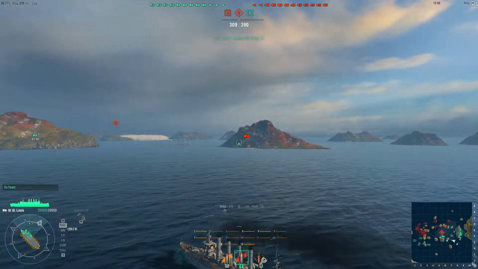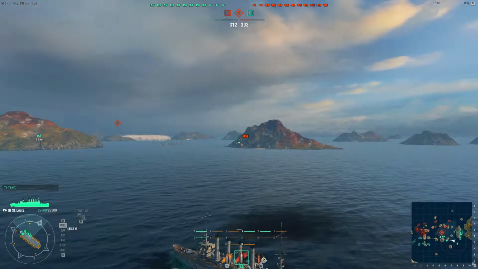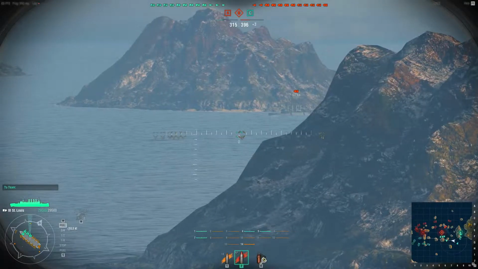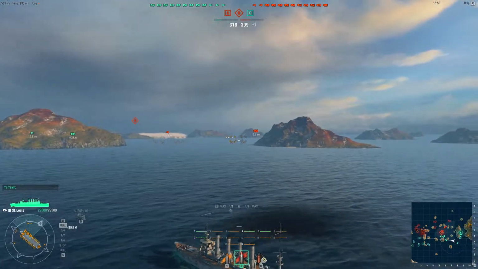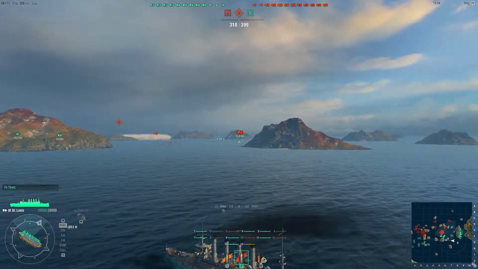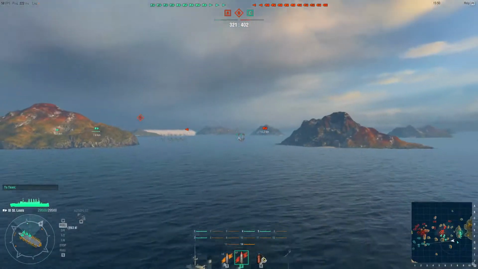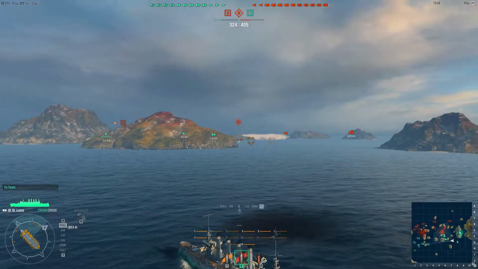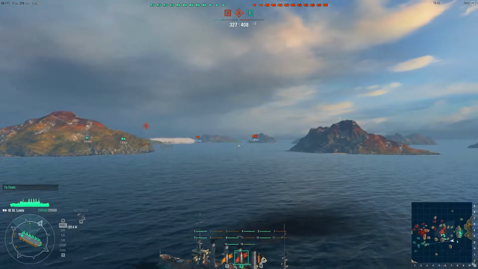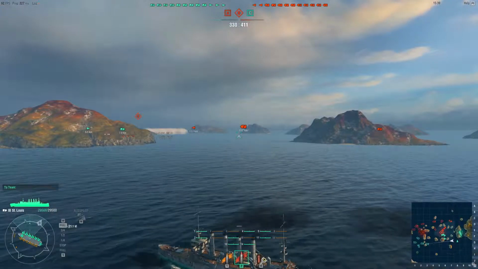So we've got an enemy St. Louis who's about 13 kilometers out. Just going to bring as many of our guns to bear. 12.7. You can see he's not quite in our range yet. But we also have this destroyer who's a little bit closer. So decisions. One of the good things though about having the guns in this arrangement is you can quite easily